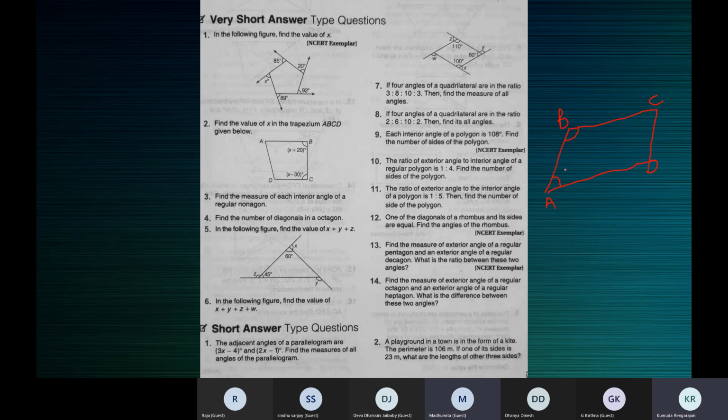No, I think you've forgotten to write 180. You must add the two angles and say it is equal to 180. Have you written is equal to 180? No, ma'am. I think you've equated both. Yes, ma'am, I get it now. Why did you equate, Madhumita? Ma'am, I made a small mistake. You should add 3x minus 4 plus 2x minus 1, equal to 180.